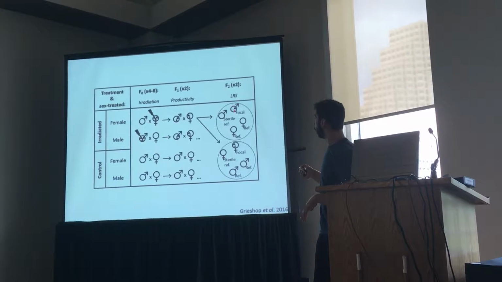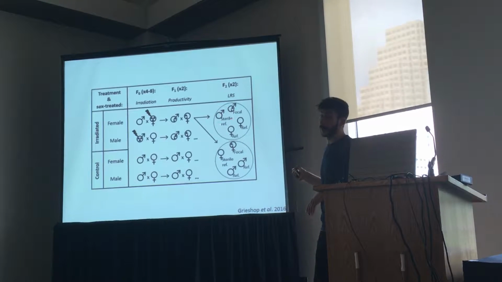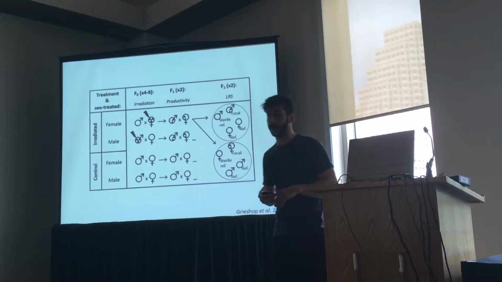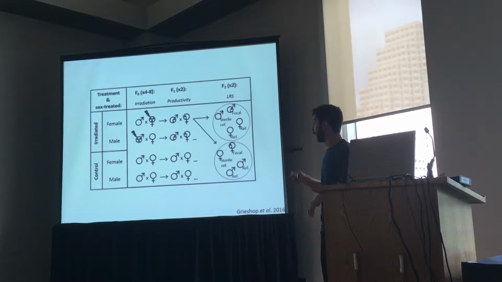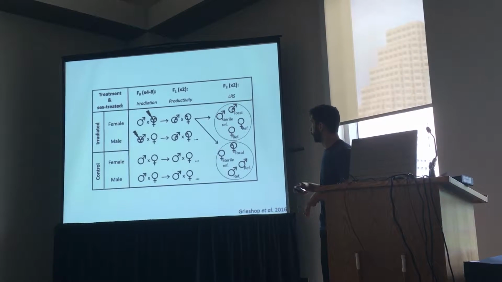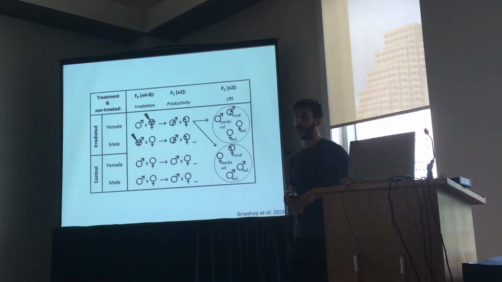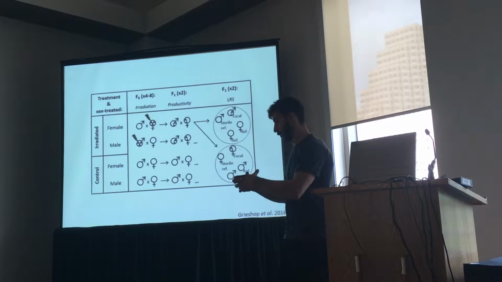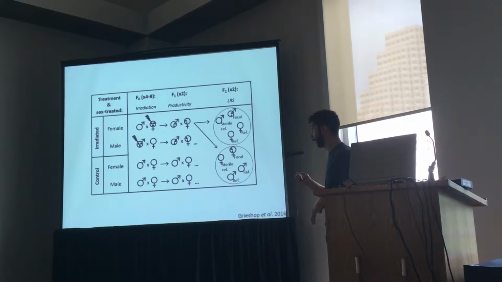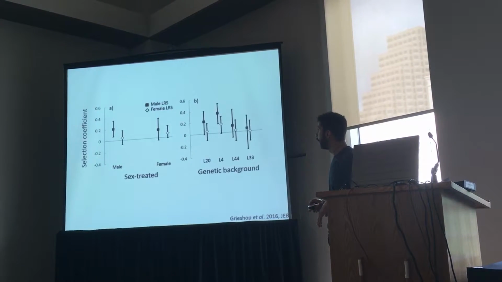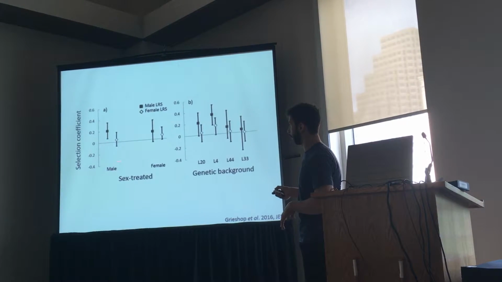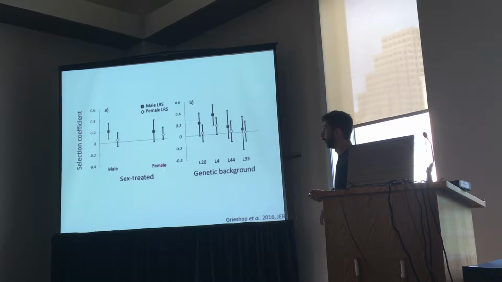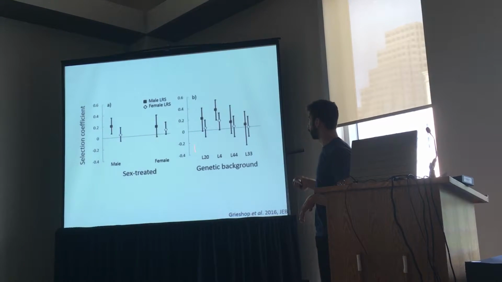So we have a focal individual competing against a sterile reference competitor of the same sex for access to 2 members of the opposite sex. In the case of males, this includes mating and sperm competition for the lifetime of the assay, the lifetime of that individual. And we found, whether you split this up between mutations that were induced in grandfathers or grandmothers, or whether you look at each genetic background